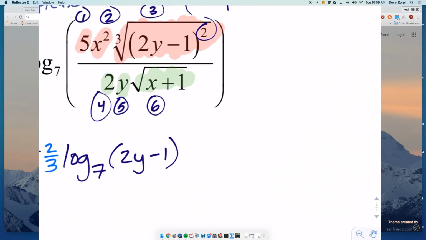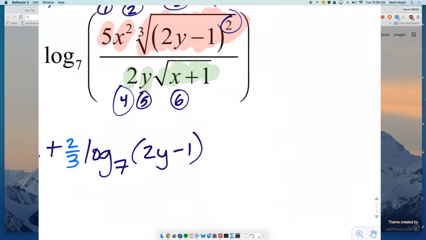Okay? And so now I'm going to jump to the denominator. So now the denominator is minus, and we've got log base 7 of 2, no exponent, minus again, log base 7 of y to the first, so there's no need to bring the 1 out front. And then